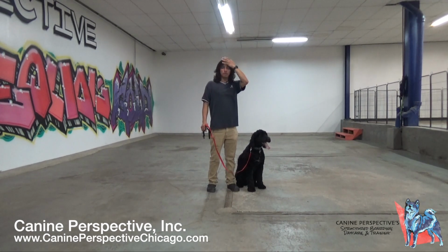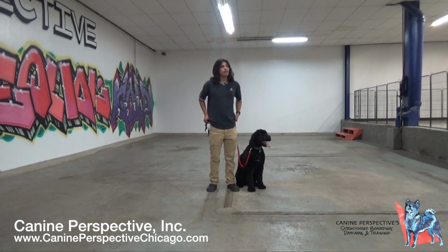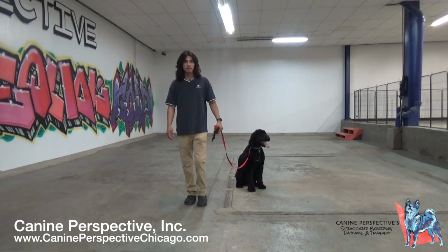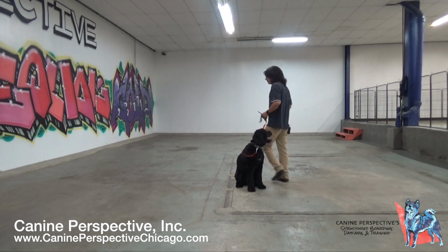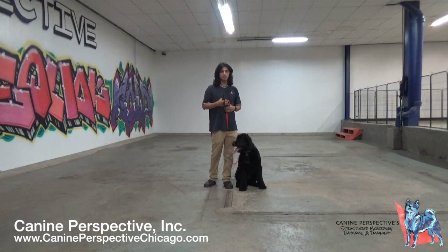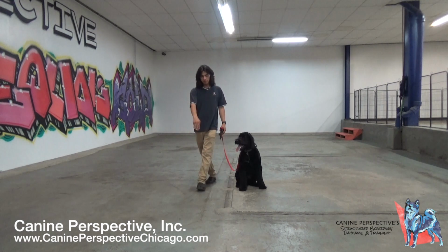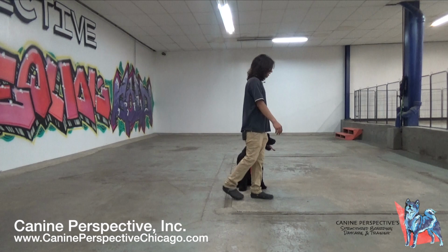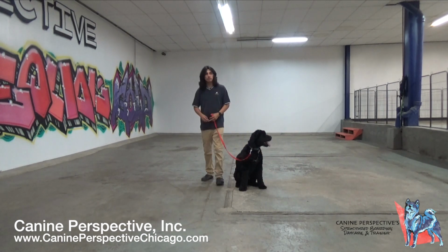So that tends to be the more difficult turn for owners. It's very marching band-like movements. Let me show it real quick again, without the dog. It's the right leg, and then right. To help you guys out, you can use the cracks on the sidewalk. So if we're walking, we slow down. Once we get to the crack, we like to land on the crack with our right leg already going this way. Left leg is on the crack, right leg is off the crack, going the opposite way. And then don't be afraid